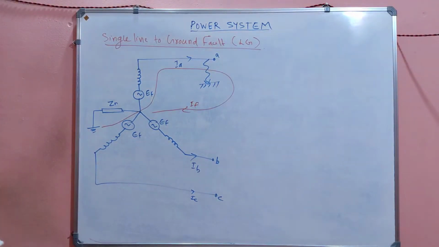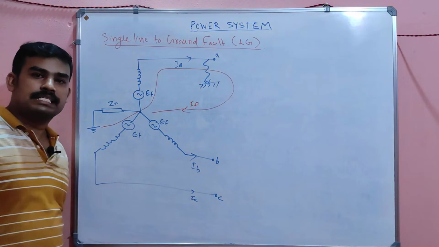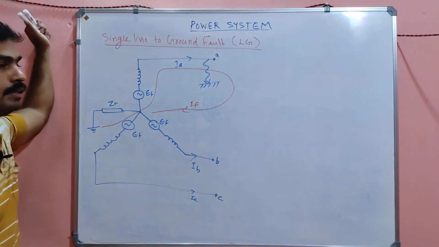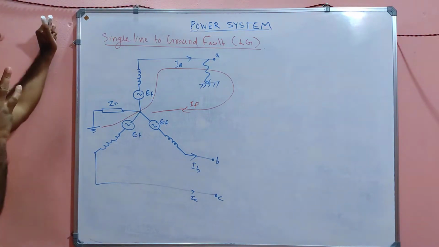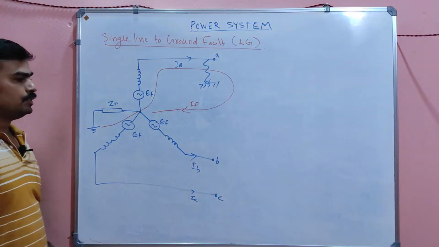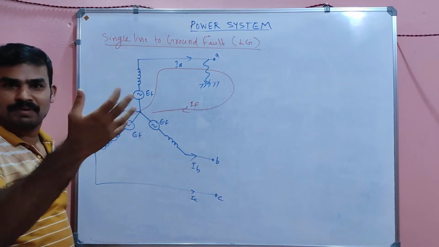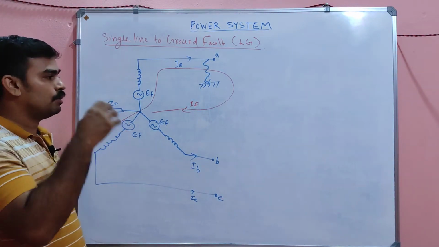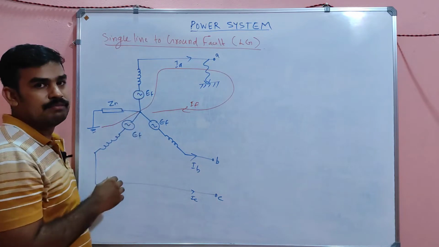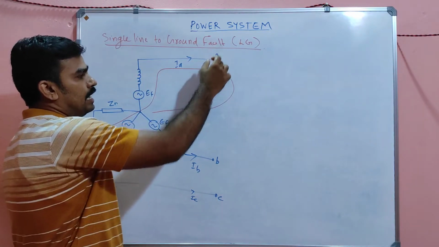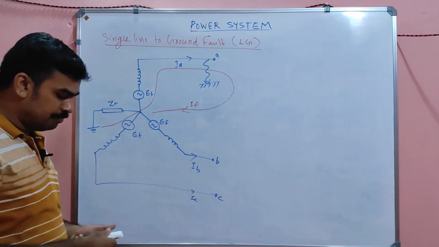Okay, listen my dears. So now we are going to discuss a very important fault in the unsymmetrical fault category, that is nothing but a single line to ground fault. Okay, so consider an alternator. The fault is occurring across the alternator or power system, correct? So consider an alternator which produces the voltage EMF EF, and see, before the fault occurred, my dear, before fault,